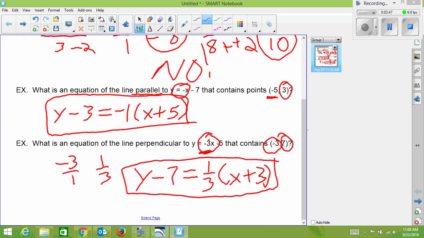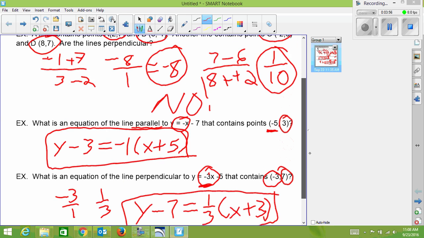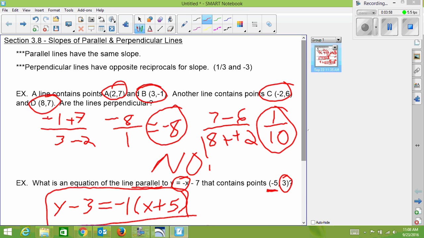So we're just going to be doing more with the two forms of the slope equations, and then also throwing in the fact that parallel slopes will be equal to each other and perpendicular slopes will be opposite reciprocals, and